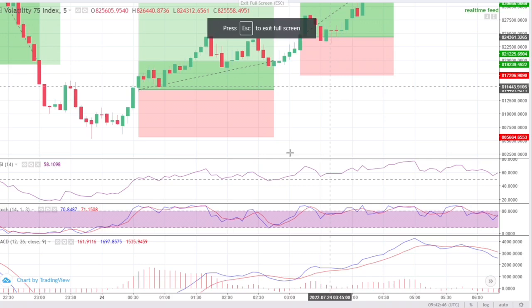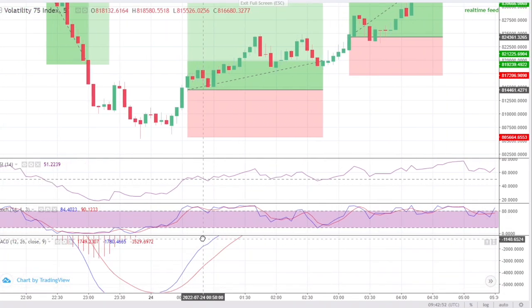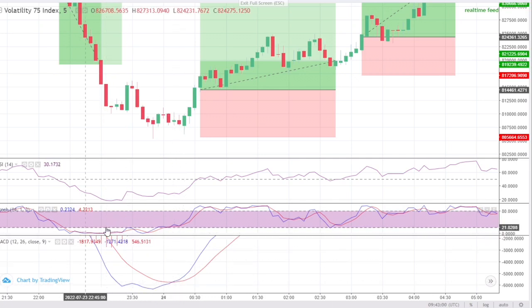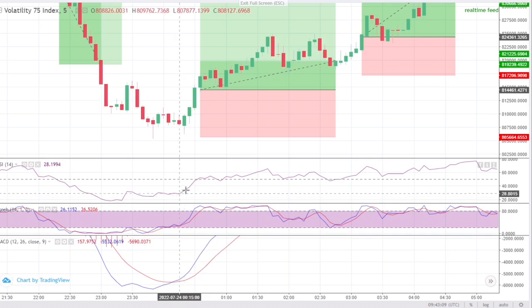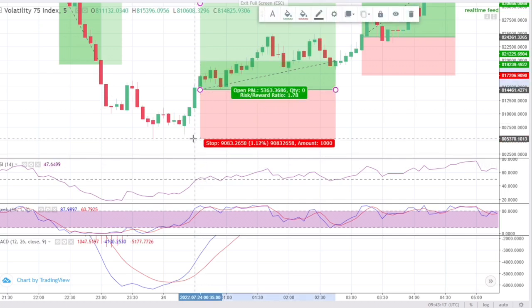So let's do this. Right on this trade, what do you see here? You can see that the MACD crossed right here. So this was our MACD crossover, and then the stochastic was already coming from an oversold situation here. It was going up, and then we were waiting for the crossover of the RSI. Once the RSI crossed the 50 level here, we enter, and then we put our stop loss below this level